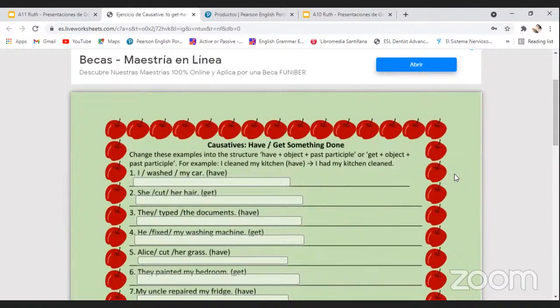In the fourth, it is like he fixed my washing machine. I got my washing machine fixed by him. Yes. Okay, then all of them are going to be in the same structure. When it's necessary to add by whom the action was made, we do, but when not, we don't. Yes, when it's necessary, yes. When it is not, it's okay.